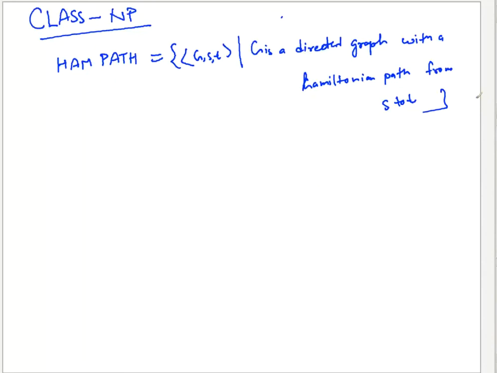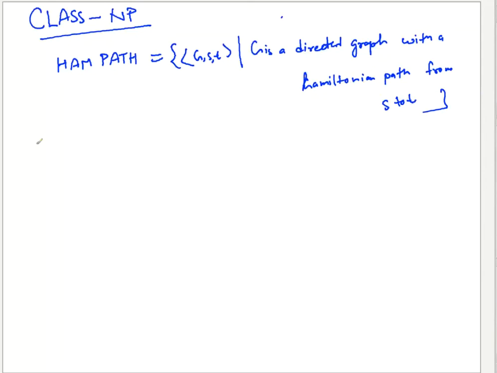Very true. A Hamiltonian path in a directed graph is a directed path starting from S and going up to some node T, and in between it is covering all the nodes. That means the length of the path is exactly M. So now it is no more about covering all length paths. You just have to consider all M length paths from S to T. Right.